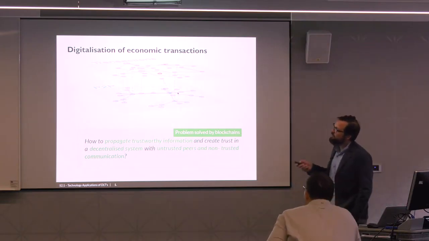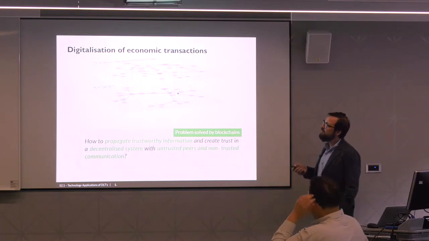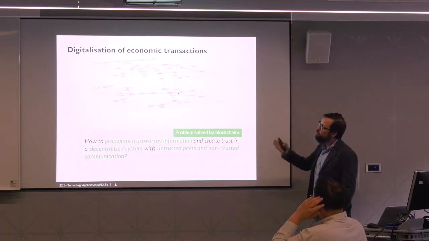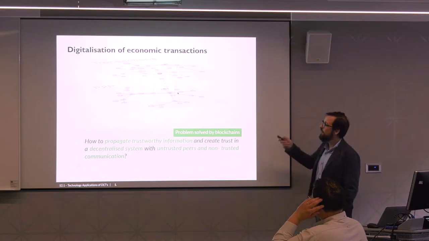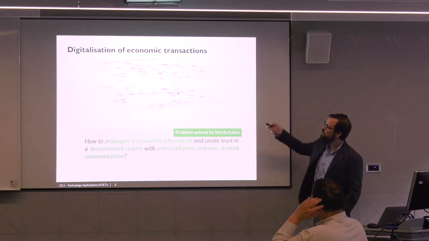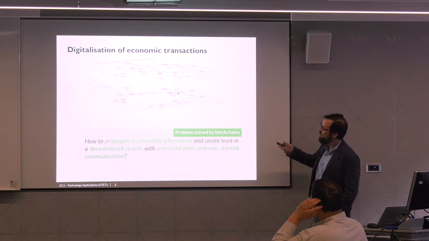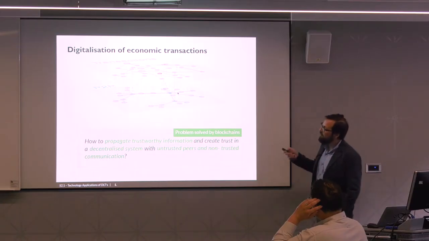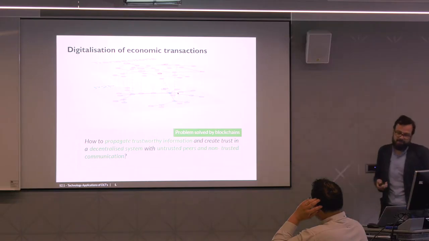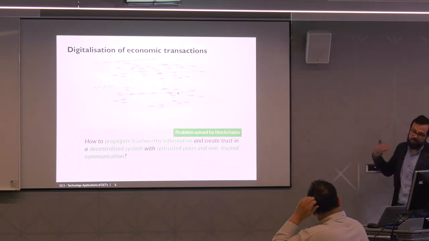Here we have a different representation. More or less, these two layers that we see here are related to what I've shown you before. Now, the verification layer of the network of transactions, these are economic agents. They are making transactions with each other, and this is what these links represent. In this second layer, there is a peer-to-peer network of computers that perform the verification process in a decentralized fashion.